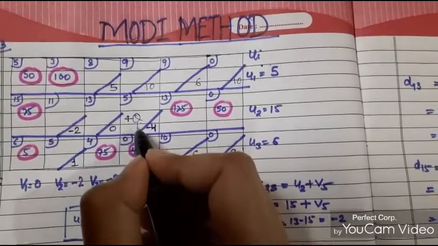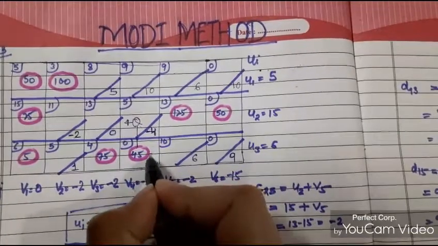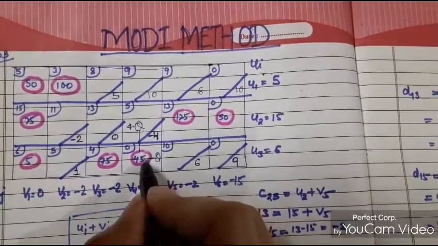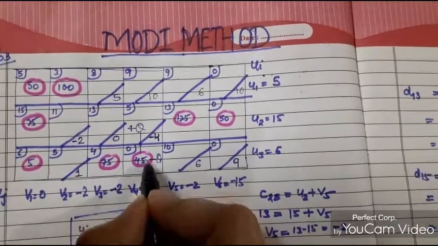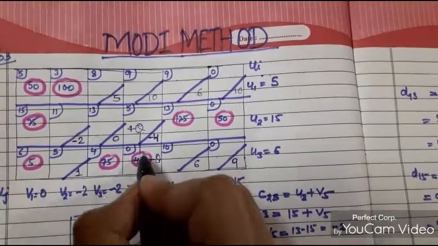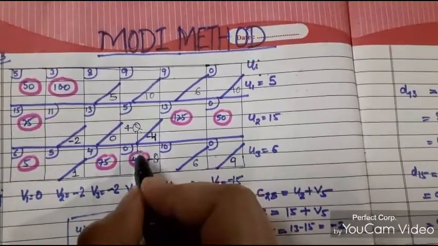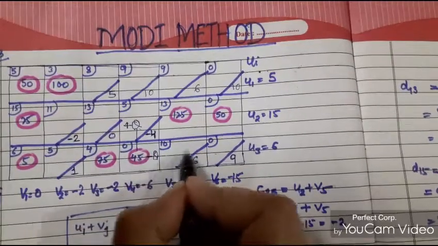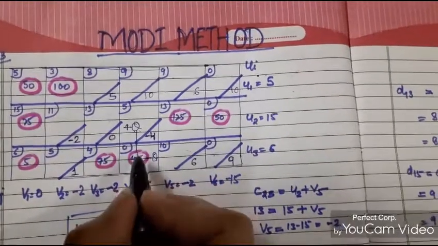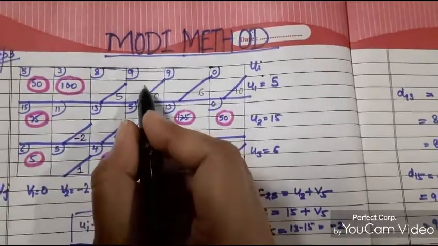So I will draw a straight line from this to make a closed loop, and for this cell I have to deduct minus theta. Now in which direction do I move? I don't have any allocation in this direction, so I'm not going to move here. We cannot move cross-sectionally. We have to move straight, in this direction or this direction, or up or down. So next we move to this cell, because we don't have an allocation here.